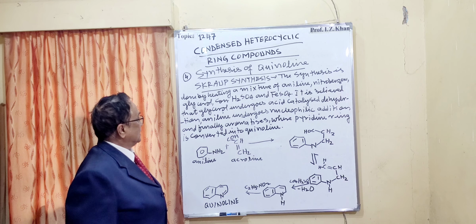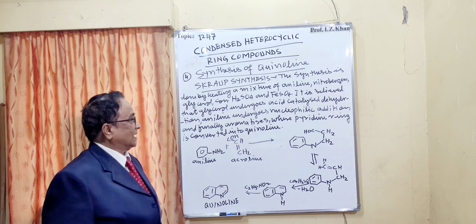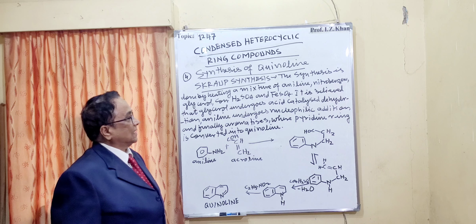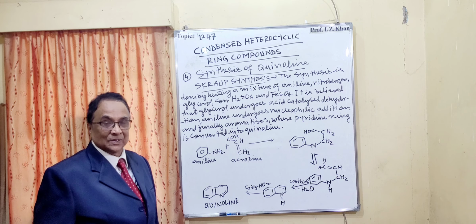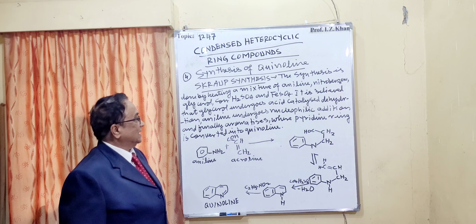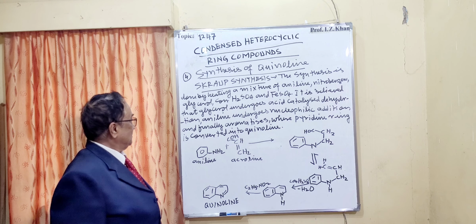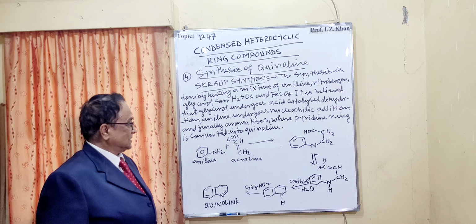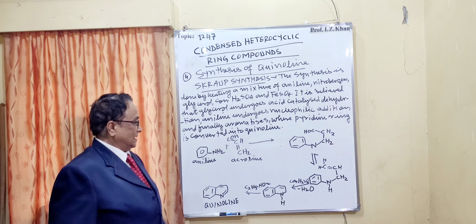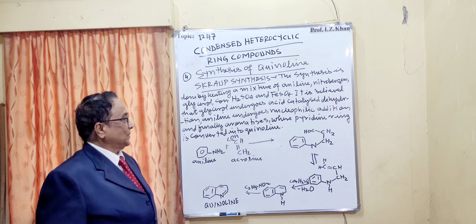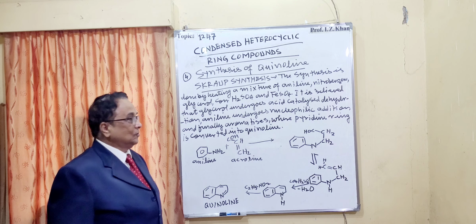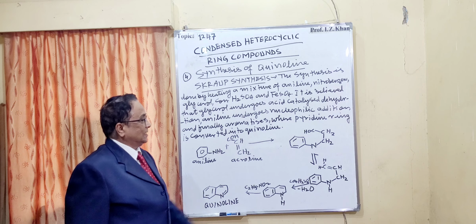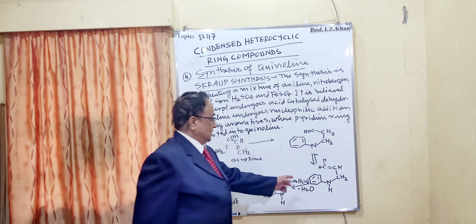It is believed that glycerol undergoes acid catalyzed dehydration, means removal of water. Aniline undergoes nucleophilic addition, and finally aromatization takes place, means it is converted into an aromatic nucleus, where the pyridine ring is converted into quinoline finally. So here it is aniline, acrolein, and then with